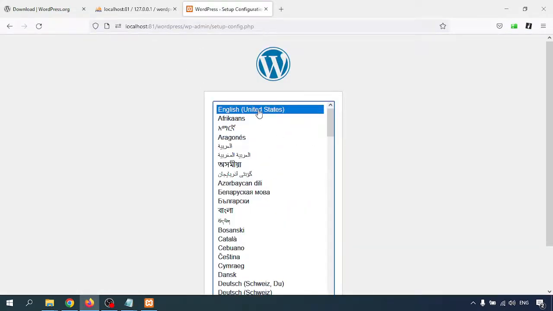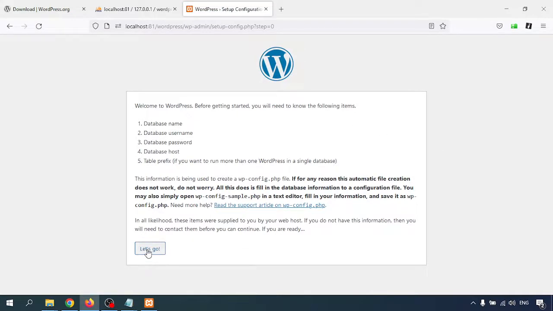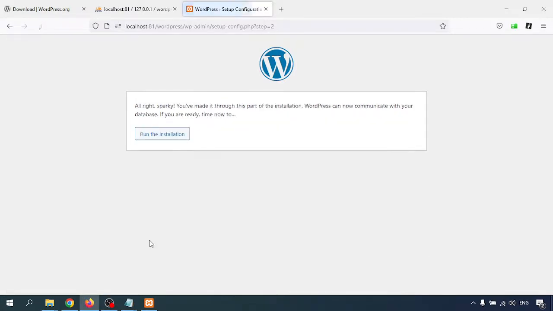So this is my setup, United Kingdom. Then go to the next. Let's go. So my database name is WordPress. Username we have root. We don't have password here. Database host localhost. And table prefix you want to give, then you can give as per your project name. So my project is in WordPress, so I'm giving the WP, or as per your requirement you can give that. So click on next,